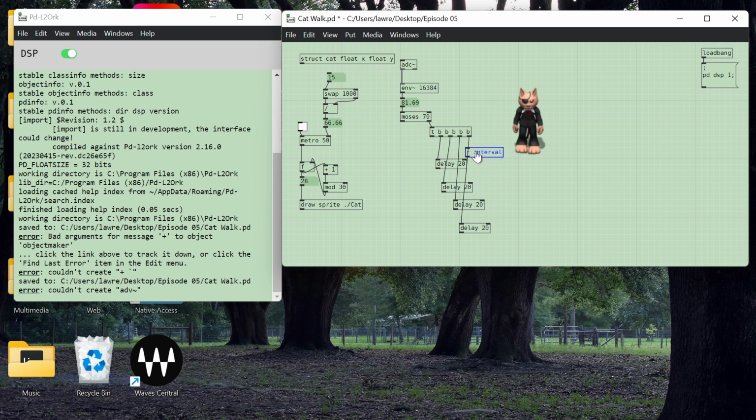And that receive is going to feed these delays. They're all going to be the same, so I could use the same receive to do this. And then I'll send interval